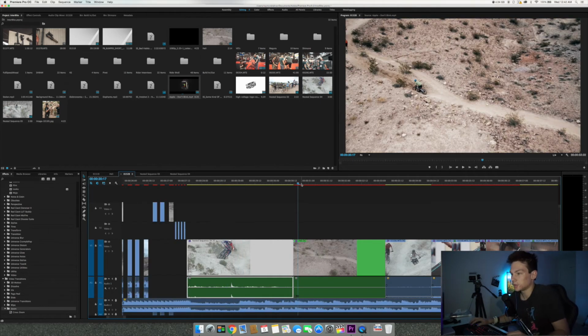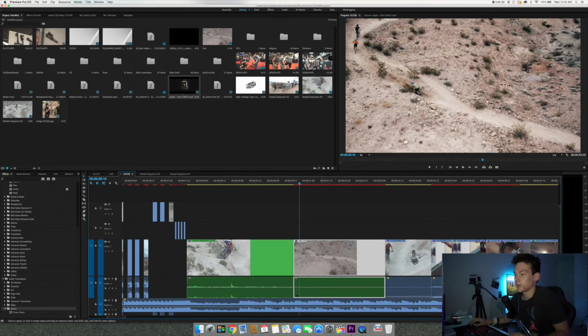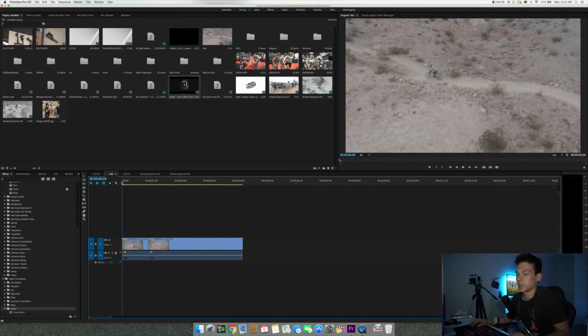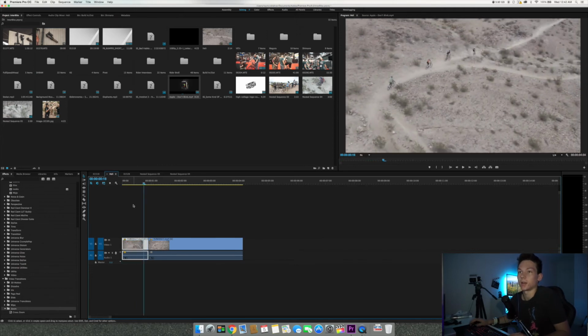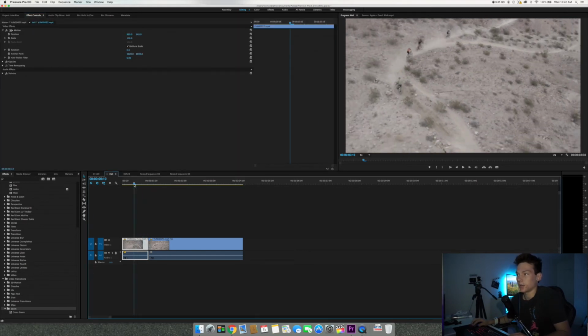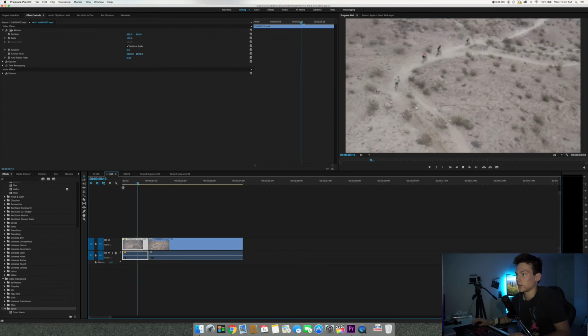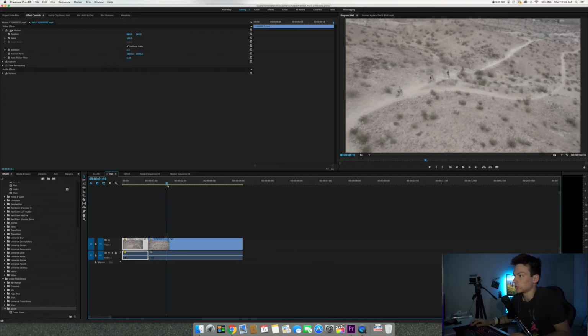Now here we have our drone shot, which is another one of my favorites. So if we go into the nest clip, you can see we have it. This is cropped all the way in. Now if I go to my effects, you can watch. So we have it here. We have it kind of fast, and then once we get over where it's cut, it slows down but also zooms out,